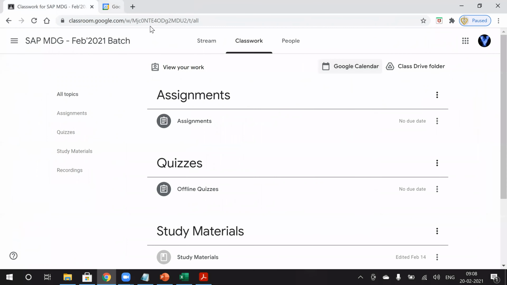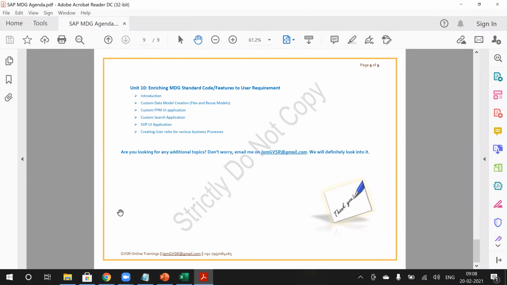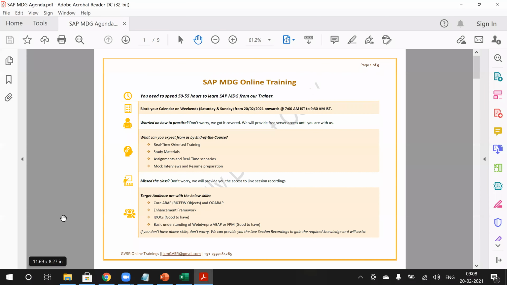So this is the platform that we are going to use during our course, and these sections will keep updating on an ad hoc basis. So this is about our course. Now I want to take questions and answers from you about the course or anything you want to discuss. Sorry, the master data governance or financial master data governance, business partner, supplier, customer, asset accounting. These are also important.